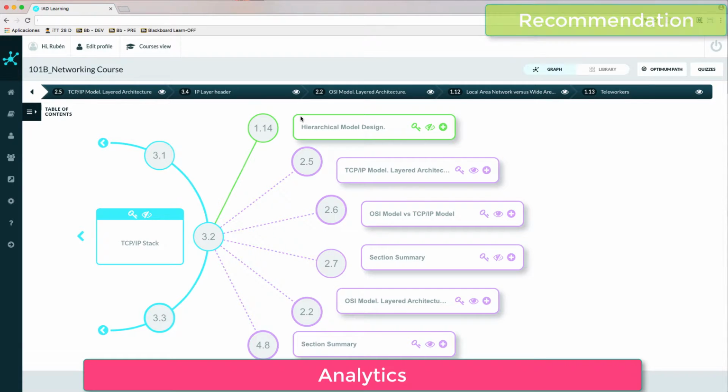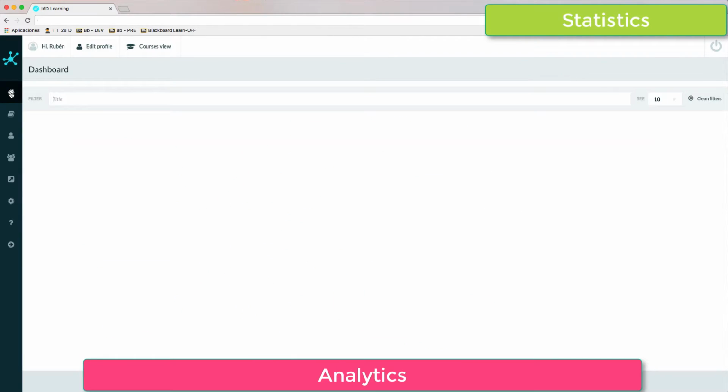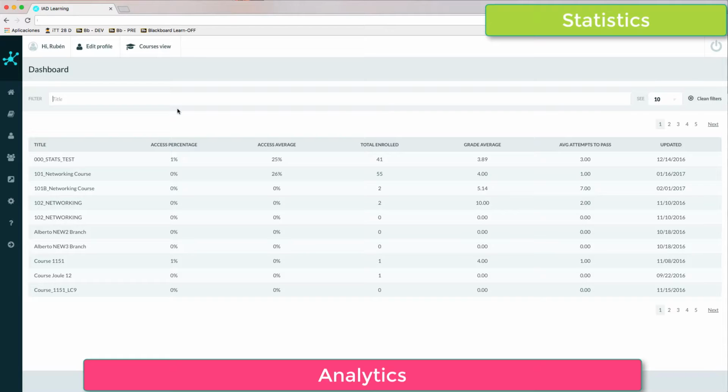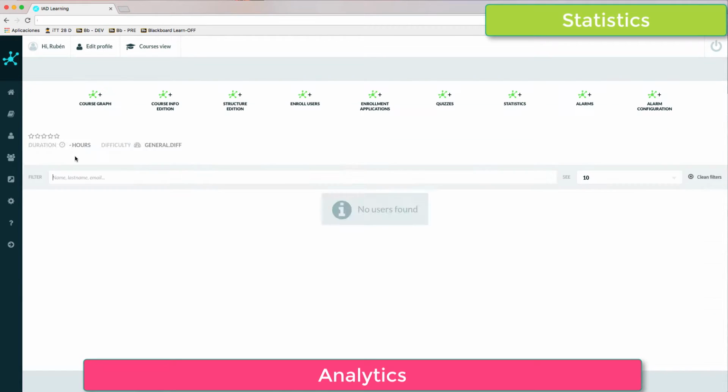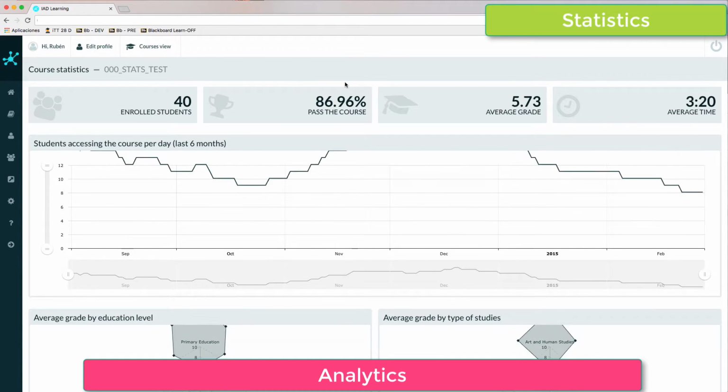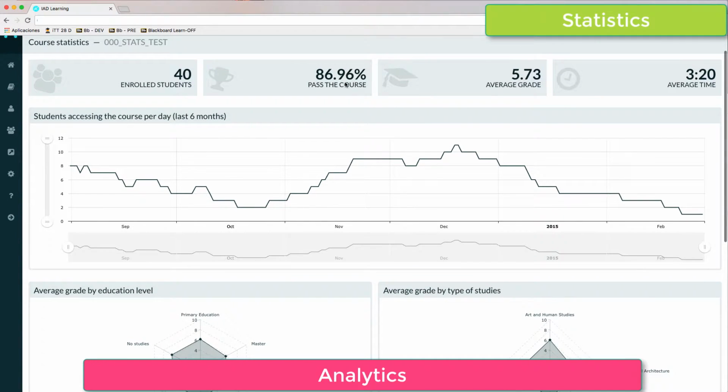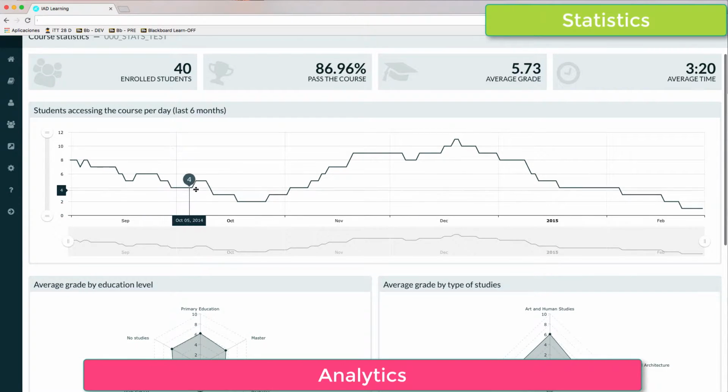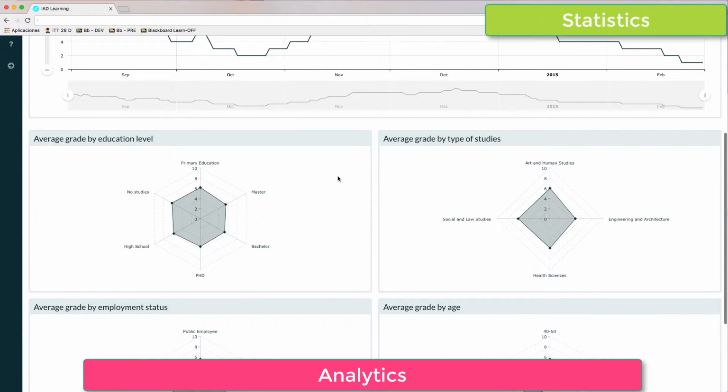But let me touch on two other phases that analytics has in IADLearning. The first one has to do with statistics. IADLearning shows us statistics consolidated at two different levels. One is the course level, so I can go here and see my statistics, which are basically the percentage of students that have passed, average grade, and average time in the course. I can also see the profile of access to my training course in terms of time, and there are also a number of diagrams that let me understand how my students are doing in the course depending on their profile. For example, in this case, students that are coming from the engineering area